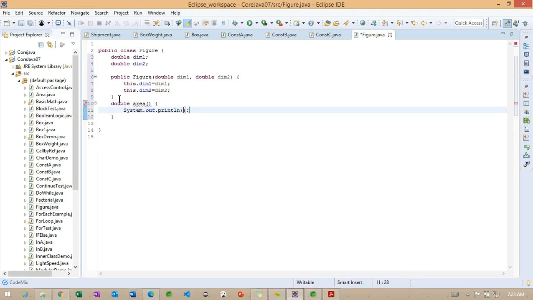So this method, area for this particular class is undefined, and simply I want to return